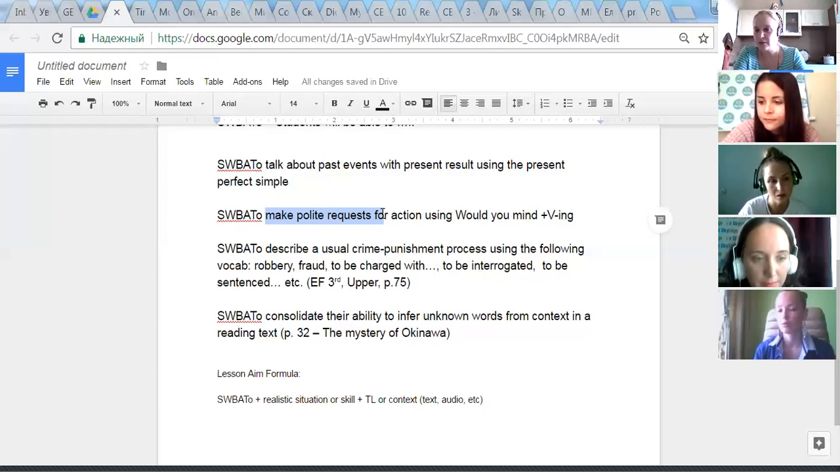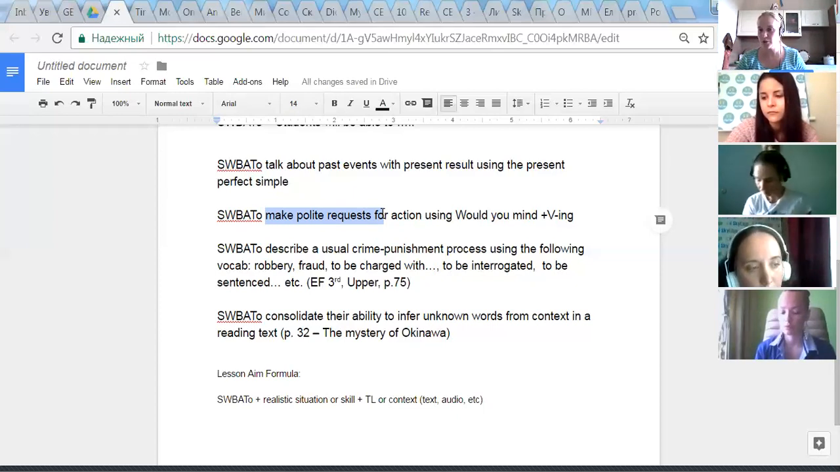Okay, perhaps my example was quite narrow. I see what you mean. Normally it's a bit bigger, and you would ask like 3 people, for example. And if at least one of the ways you use is "would you mind?" and the other 5 are some others, it's okay. Because the idea is that your students are able to make polite requests. And the instrument they use is their choice. So if they weren't able to use "would you mind?",